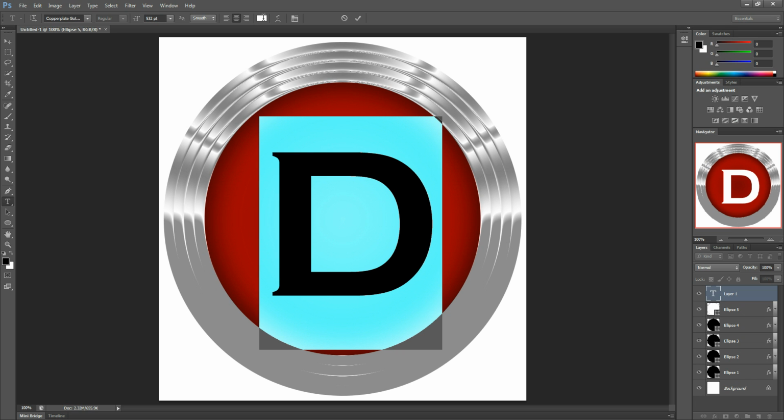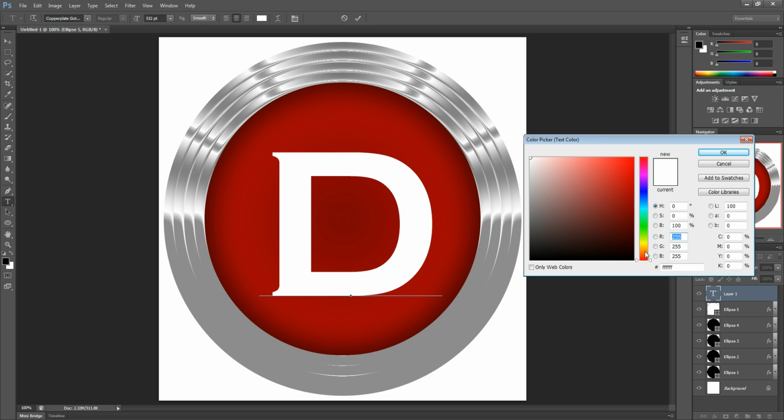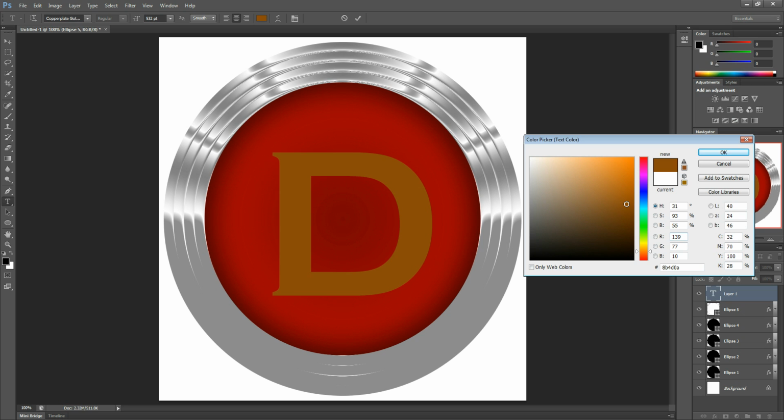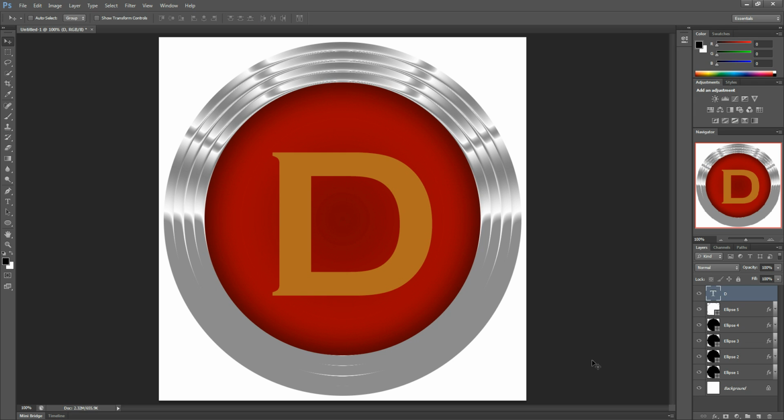First thing I'd like to do though is, since we are using red, that's a white background we had there, let's make it kind of an orangey background so that we can just have it contrast nicely against the red. So let's use that, and there's our orange D against the red background. So why don't we just add some